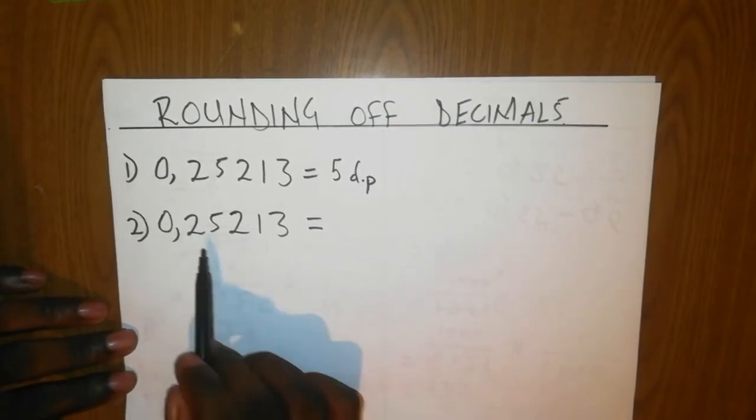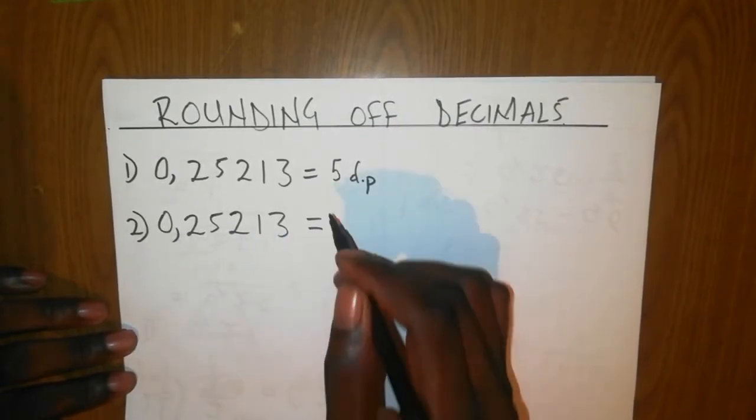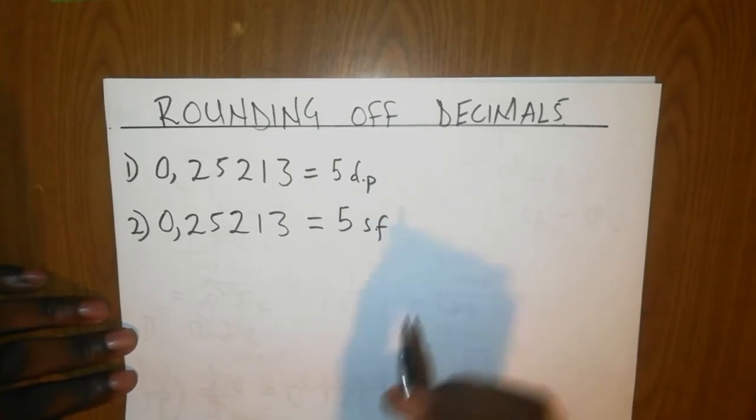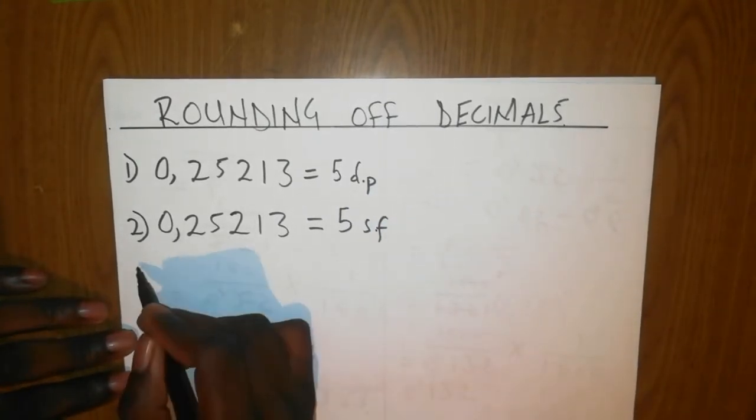In this case, how many non-zero digits do we have? There are 5, so that is equal to 5 SF, 5 significant figures. Then number 3,